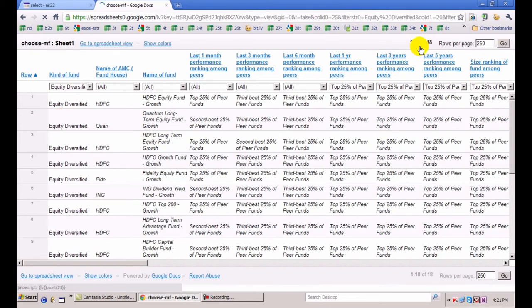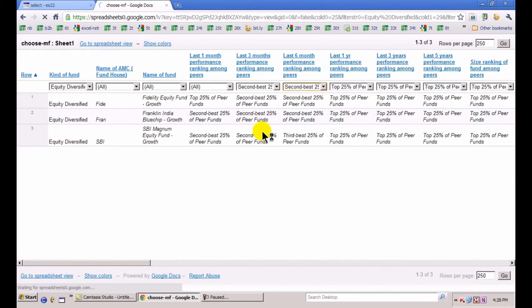I further shortlist on last 6 months rating. So you can see the shortlist as it is happening, on equity diversified, size ranking, 5-year, 3-year, 1 year. Let's assume that I need not necessarily go only for the top 25%. Supposing I'm shortlisting on second best of the peers, last 6 months, last 3 months, any order. I can sort and filter in any order I want, and I get, for example, out of those